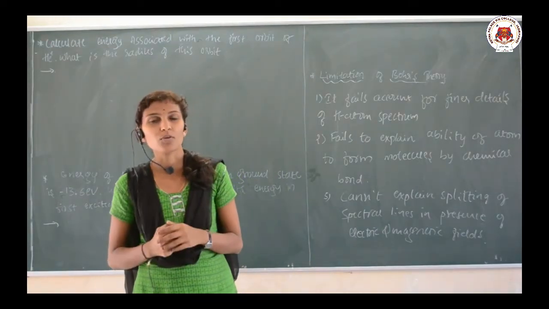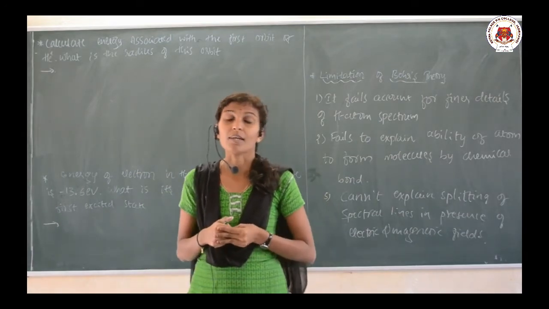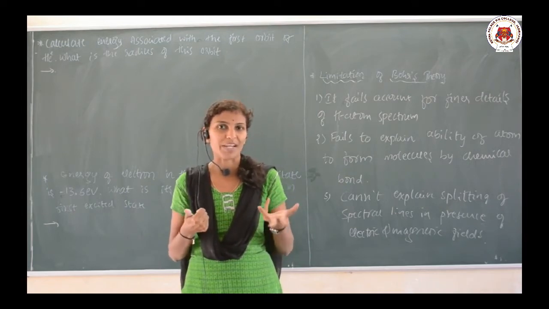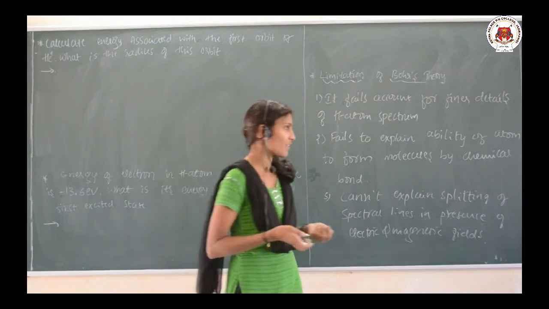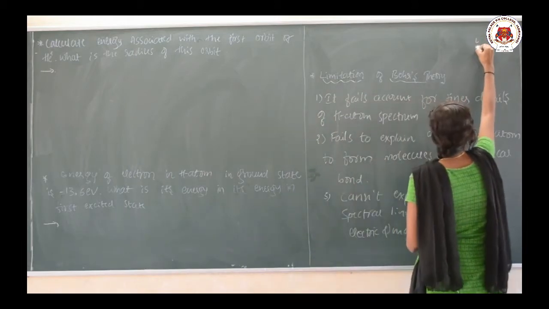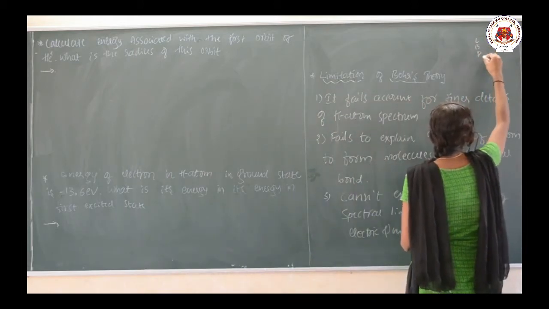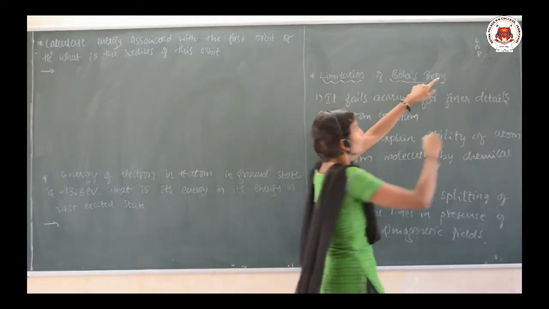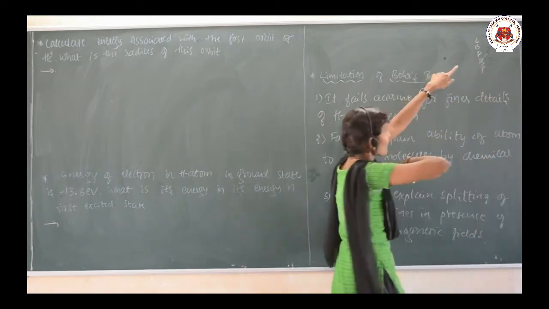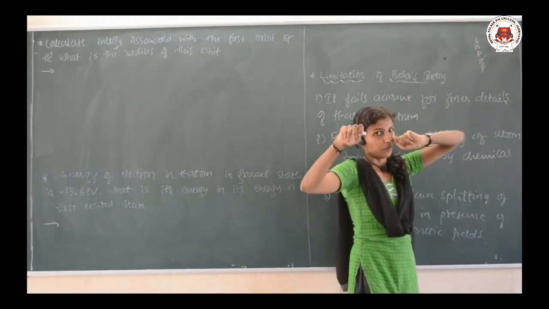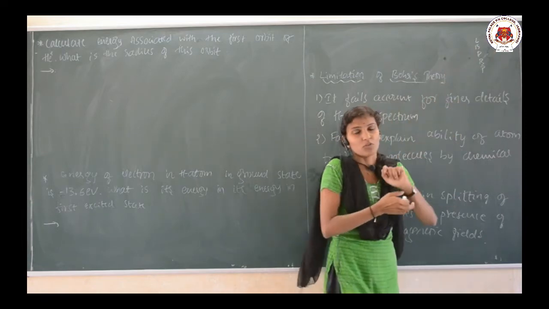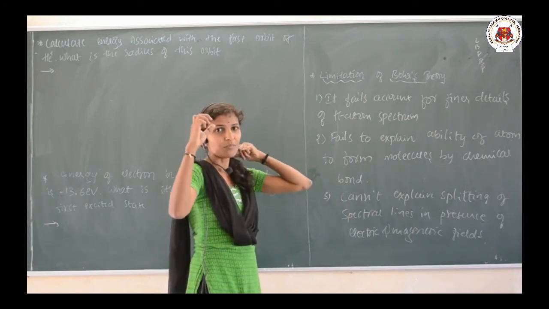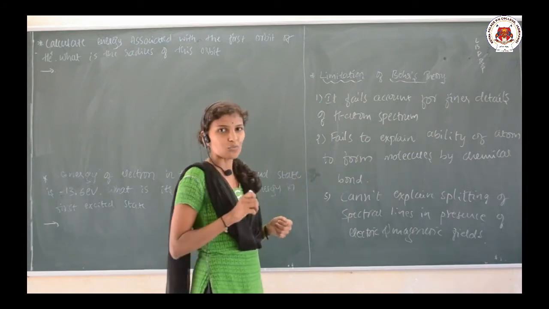In the last class we discussed the line spectrum of the hydrogen atom. There we studied the different series like Lyman, Balmer, Paschen, Brackett, Pfund. You can remember the series as "Lyman, Balmer, Paschen, Brackett, Pfund", or consider it as "Low BP, BP", so you can understand the series easily: Lyman, Balmer, Paschen, Brackett, Pfund series.